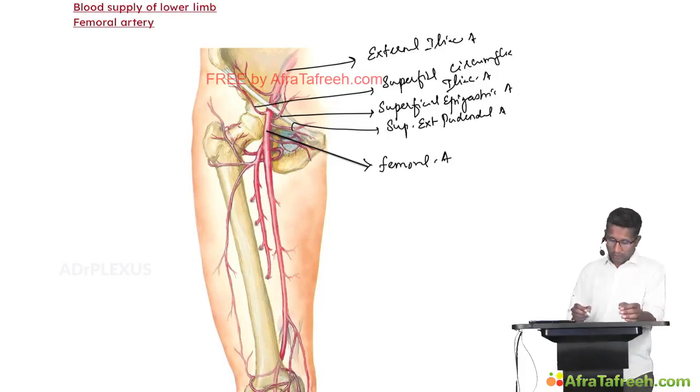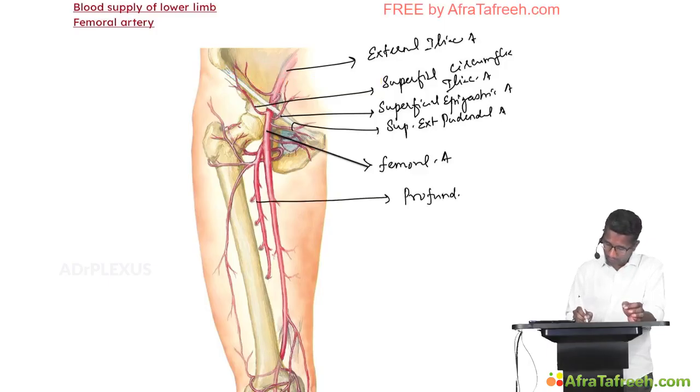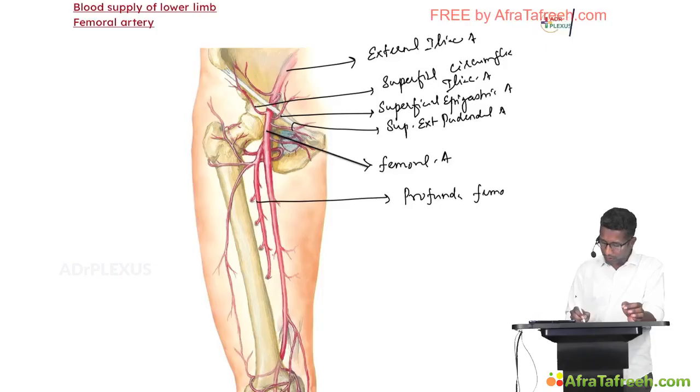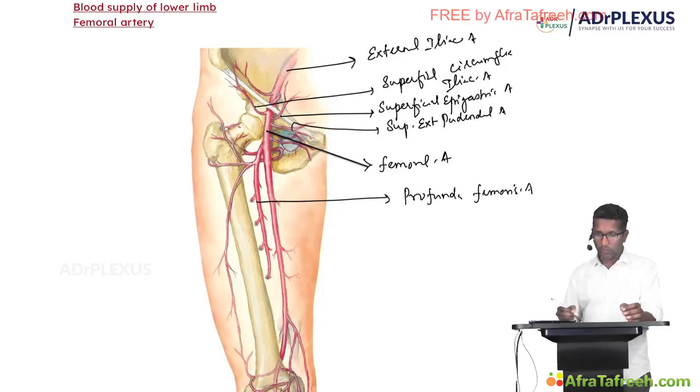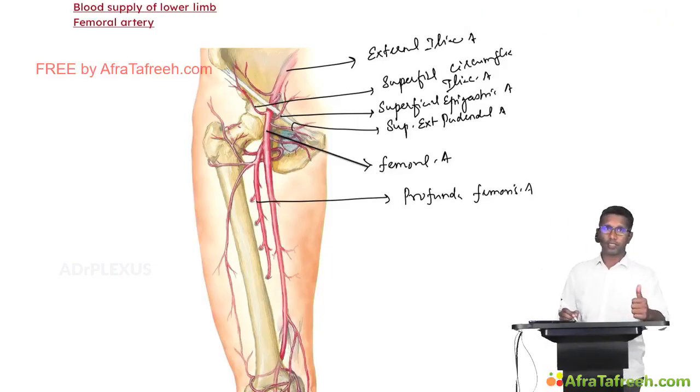This femoral artery also gives a deep branch, which is the artery of the thigh. This artery is called the profunda femoris artery, and it gives rise to two important branches for